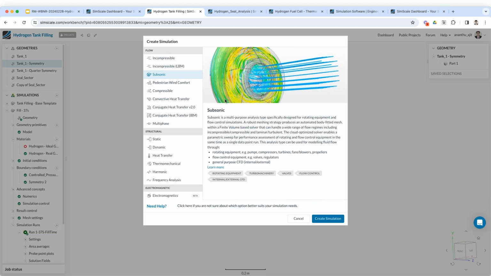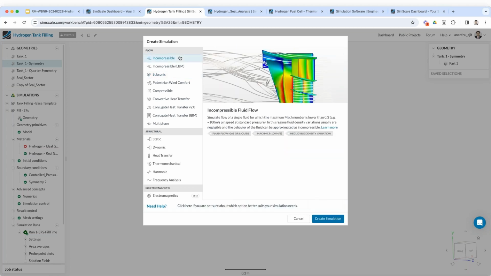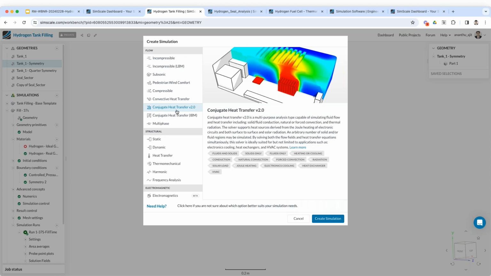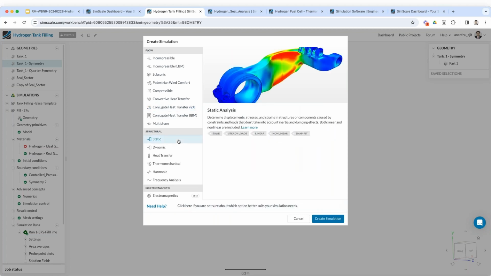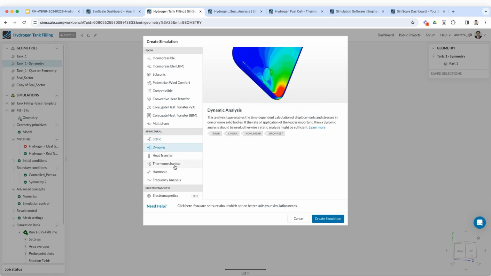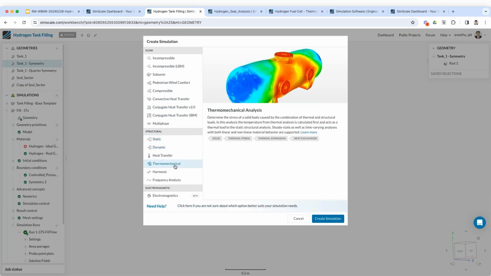As Kanchan mentioned, we are a broad physics simulation tool, meaning you can start simulating with a simple incompressible flow or flow around any baffles or objects, going into heat transfer in a coupled way between your fluid and solid as well, using conjugate heat transfer, or jump into the structural side of things where you can see different load cases, dynamic load cases as well, or thermomechanical simulations where temperature and mechanical strength are actually